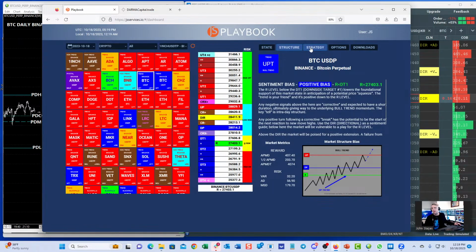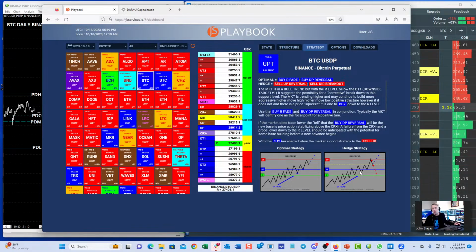Because we're in this specific state with this specific structure, these are the optimal things to do. If the market's performing to the expectation, what do we want to do in a bull trend? And this is self-evident: we want to buy breaks above the R level, buy breaks above sentiment. That's the best thing to do. I call that a buy R fade. Fade momentum, fade negative momentum into this price point.